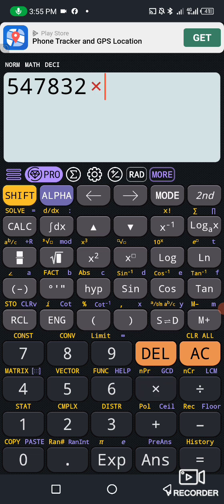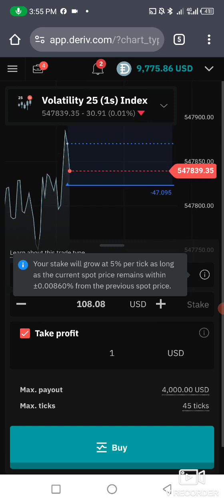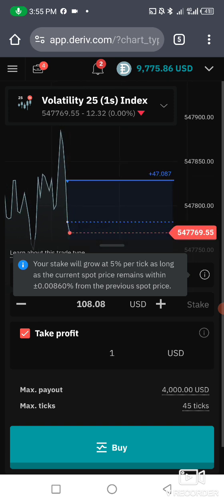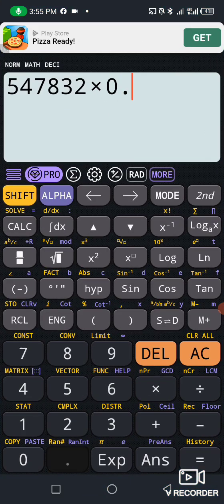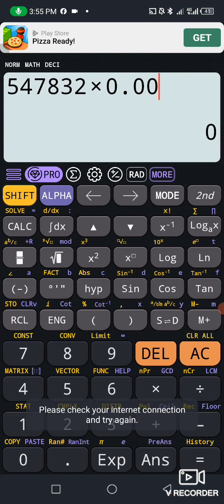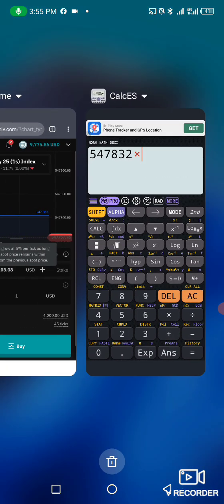You are going to multiply it by that percentage, plus or minus, 0.00860%. Are you getting it? So plus or minus. Once the price does not change by either plus 47 or minus 47,